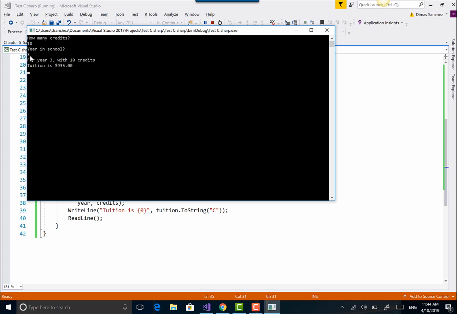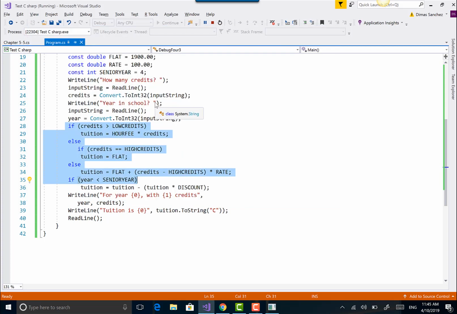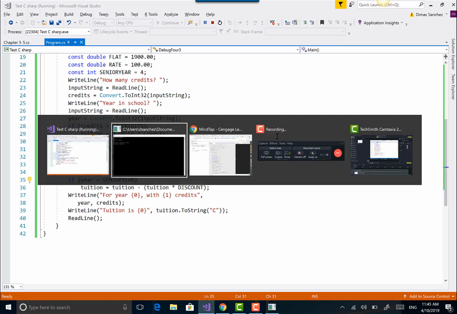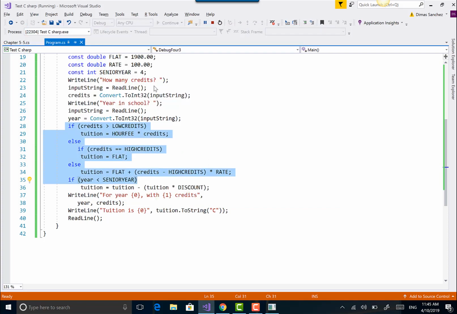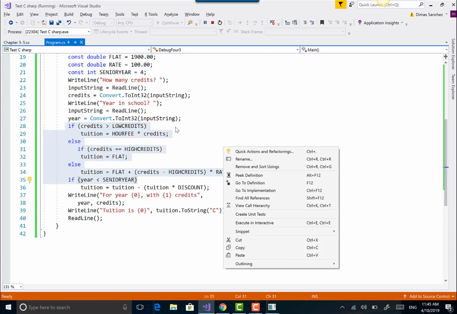We need, when this is 10 and it's 3, not 4, this will actually just multiply the amount of credits by 150, which obviously should be 1500. So right now it's giving us